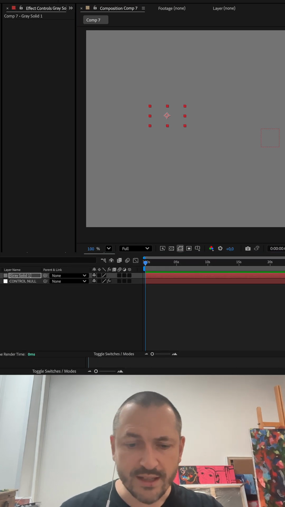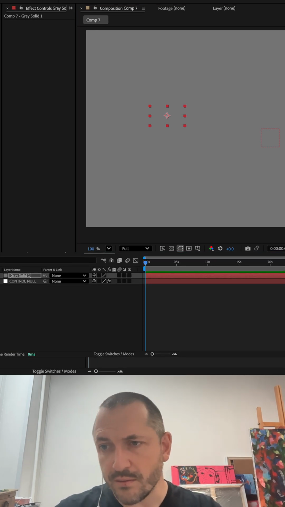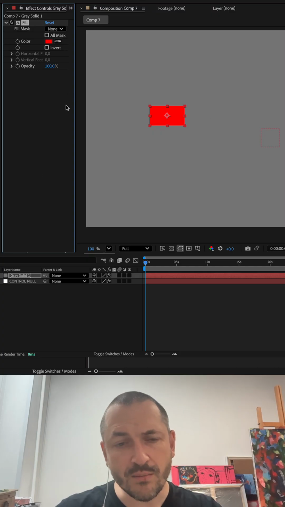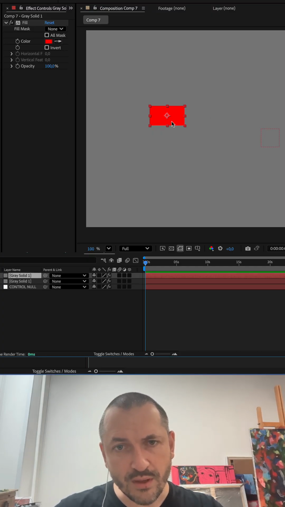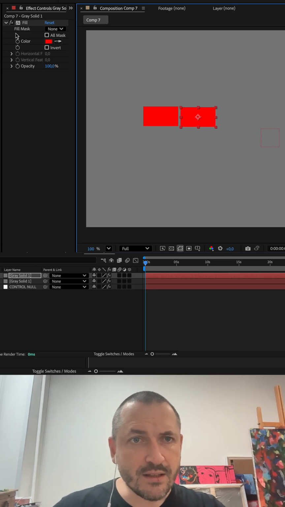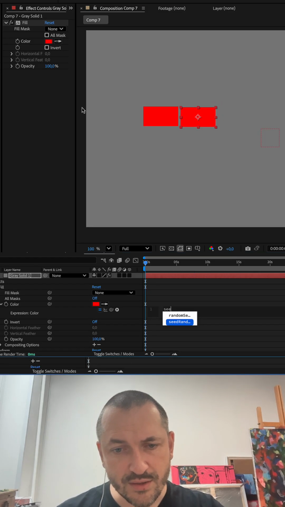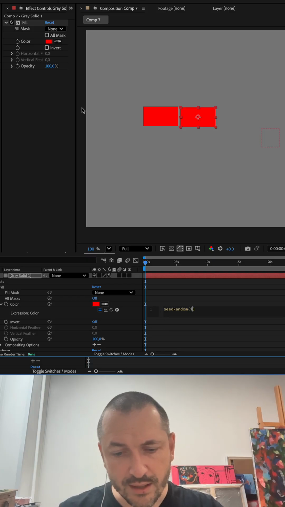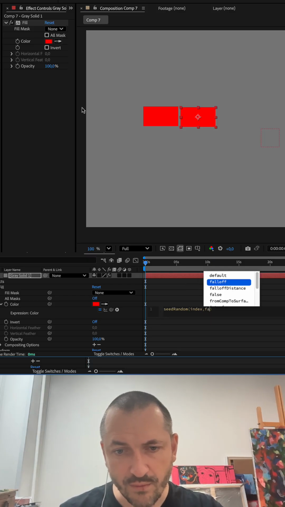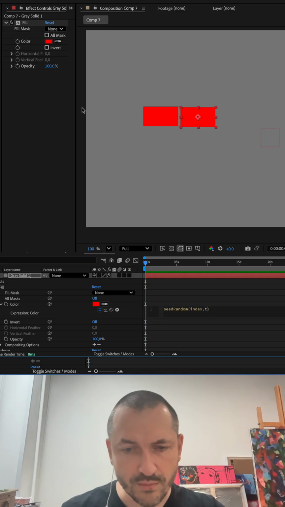We also will add a fill effect just to give it color, and let's make all elements have different colors. In color we will write something like this: seedRandom with index and true.